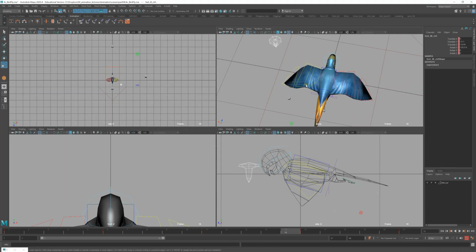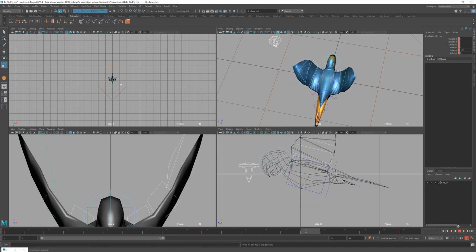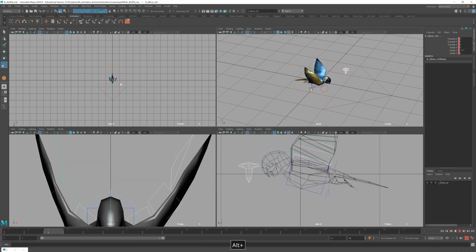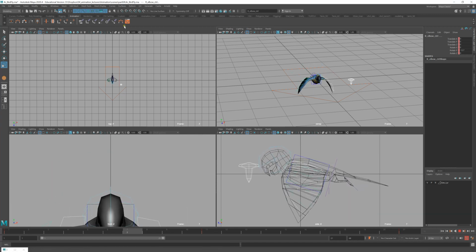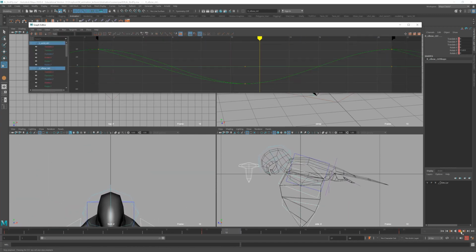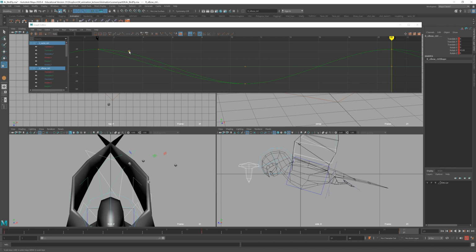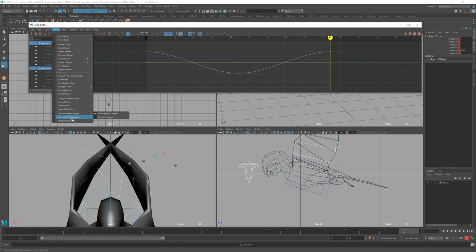The wings, I'm going to do something similar, but different. I want the wings to flap a little harder. So let's go into the graph editor. For some strange reason, this one's kind of straight. Let's make that flat. I'm going to put a weighted tangent on here. So select the curves, weight,